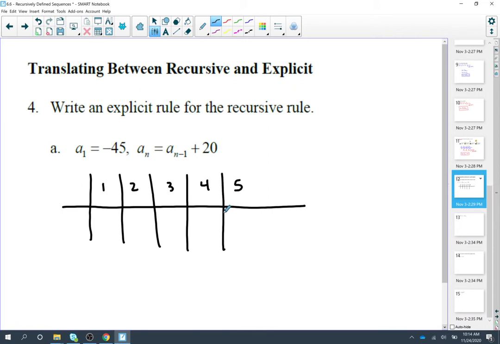And then let's look at what we're given. So the first thing we're given is a sub 1. A sub 1 is the first number in your pattern, negative 45. Then we're given a recursive formula, and in the recursive formula it says take whatever number you're trying to find, take the one before it, add 20. That's the key, add 20. So if I'm trying to add 20, I know that d is 20, which is a common difference, which means this is arithmetic,